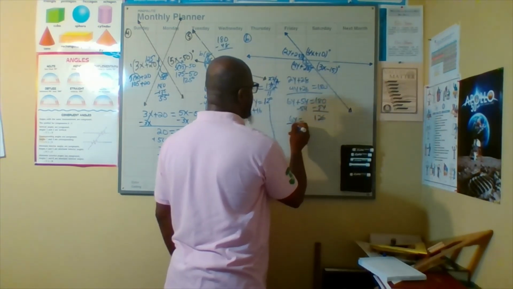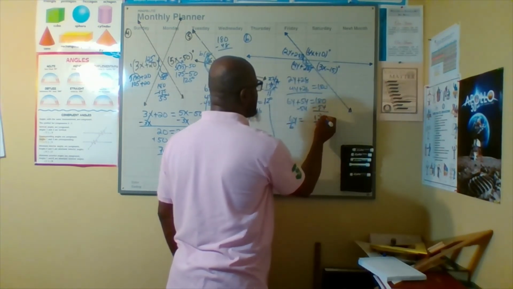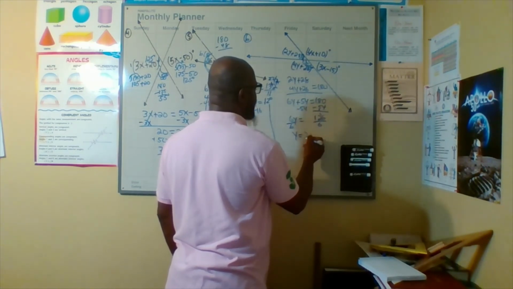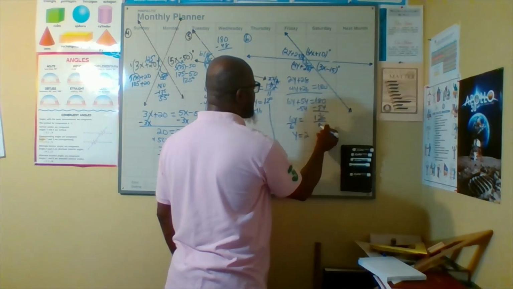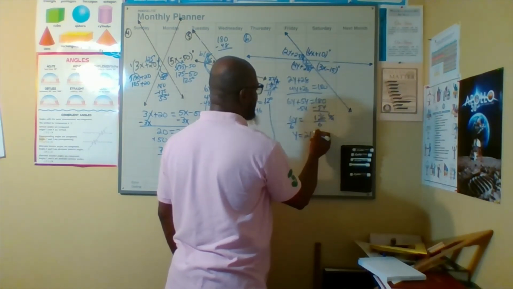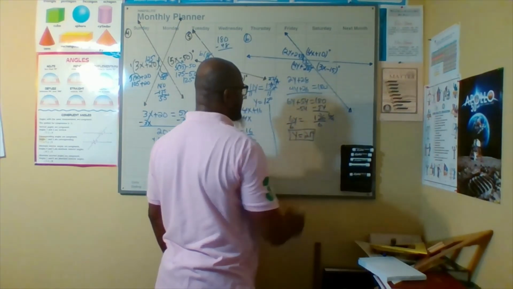126 divided by 6. Now ask yourself how many times 6 goes into 12, 2 times. 2 times 6 is 12. Take away, 6 goes into 6 1 time. Therefore y is 21 degrees. So if I don't want to go